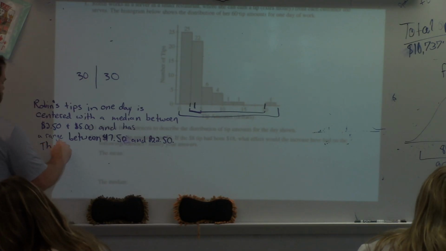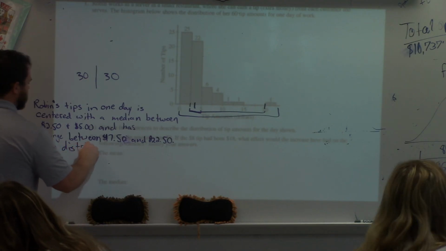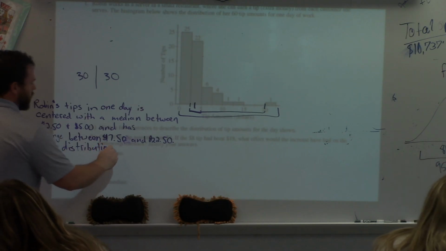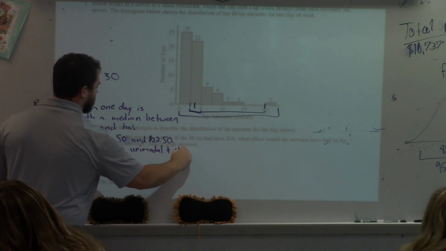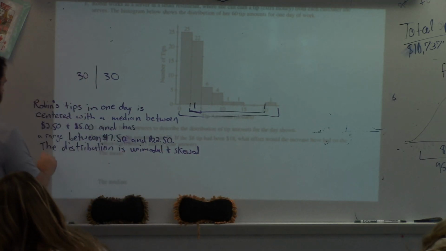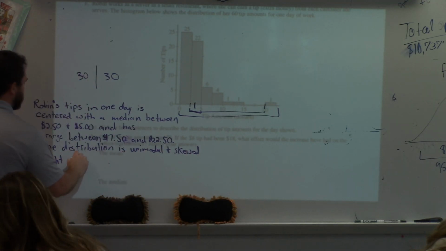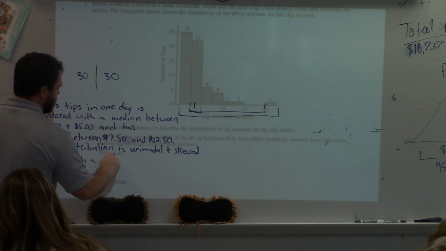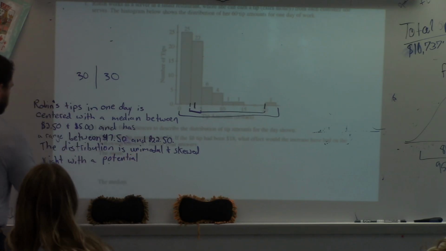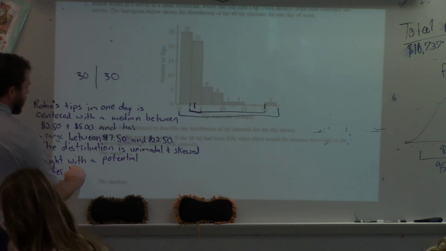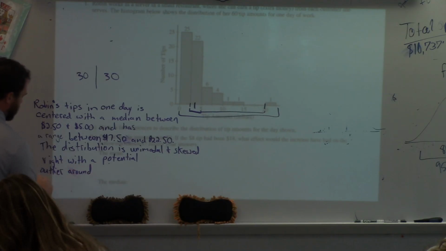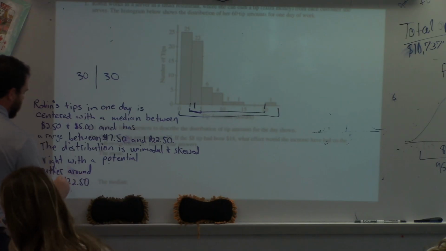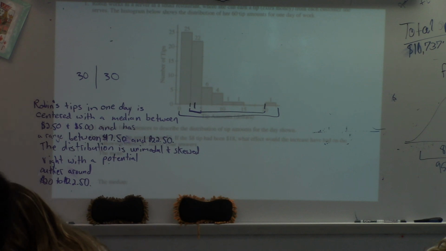Skewed to the... Is there anything else about shape I could say? It's unimodal. Roughly unimodal and skewed right with a potential outlier around $20 to $22.50. You can probably also talk about it as a gap, but I would wager it's probably an outlier